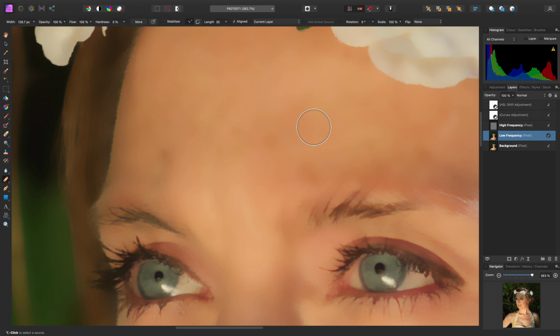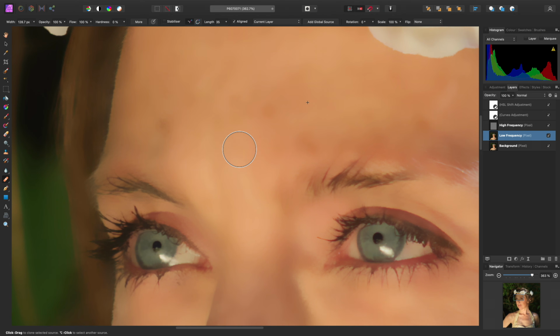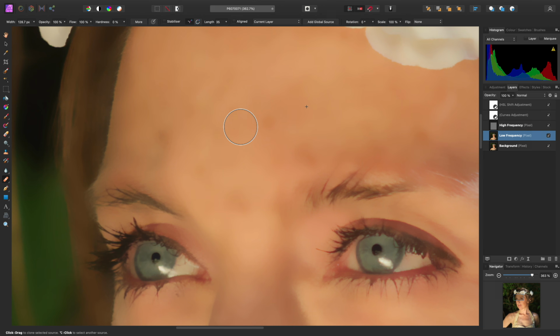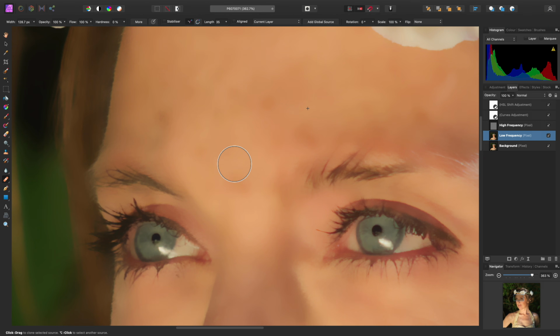Then I want to Option-click on Mac, Alt-click on Windows to sample from an adjacent area, somewhere over here, for example, and then I can just click drag to start healing like so. Now, what's going to be useful for this workflow is unchecking aligned on the context toolbar. So now you'll notice that my sample area has reset to where I initially assigned it. So when aligned is unchecked, every time you let go of the mouse button, that sample area will jump back,